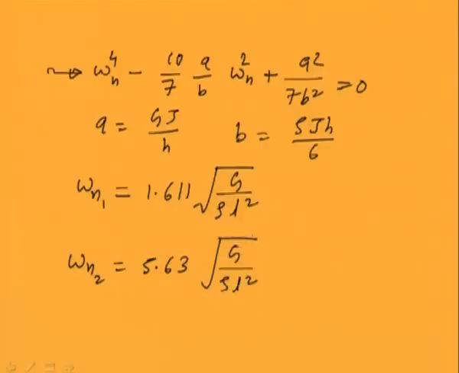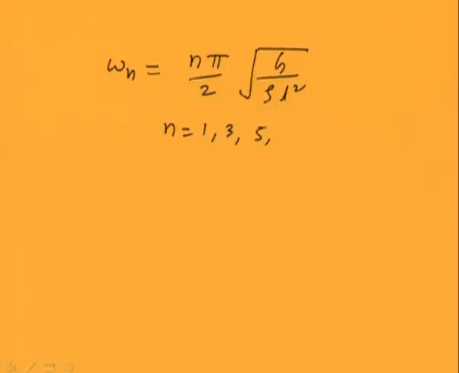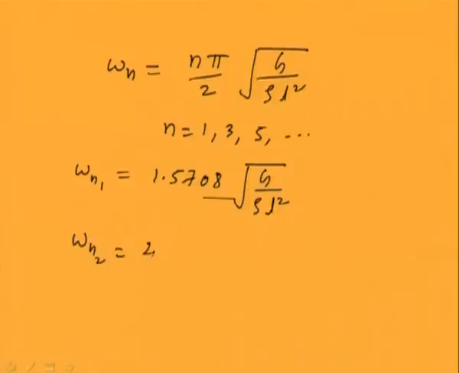And because earlier we have already obtained the closed form solution for the cantilever case, let us see those expressions directly. That is a closed form solution. This is the closed form solution for the cantilever beam case. So, n can be 1, 3, 5, various modes they represent. So, for omega 1 the exact solution is 1.5708 and this quantity, and omega 2 is 4.72